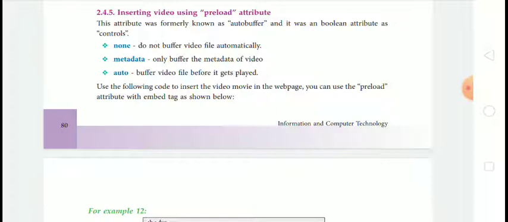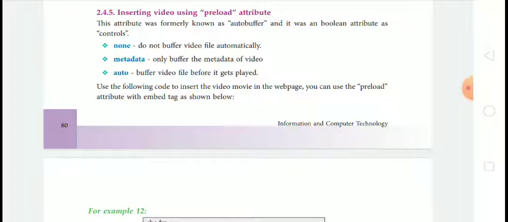As controls, none does not buffer the video file automatically. Metadata only buffers the metadata of the video. Auto buffers the video file before it gets played.